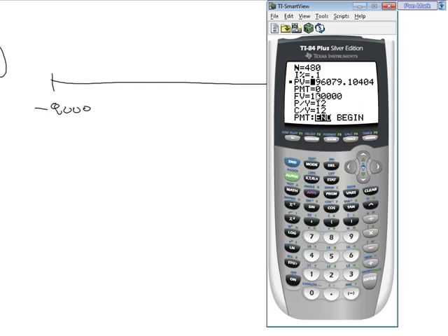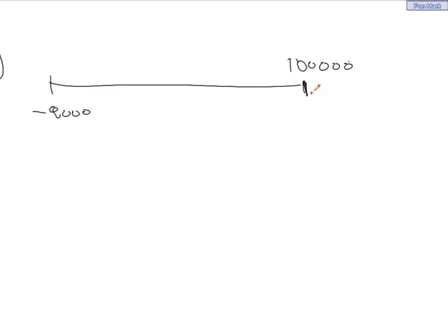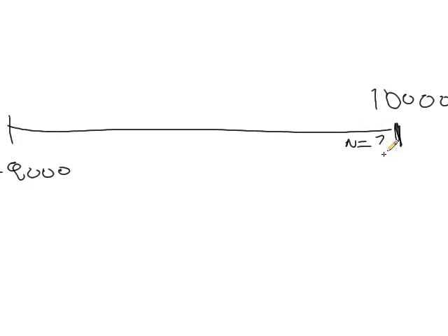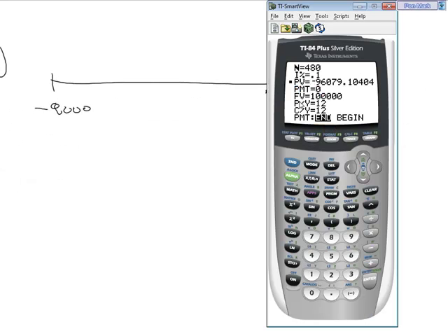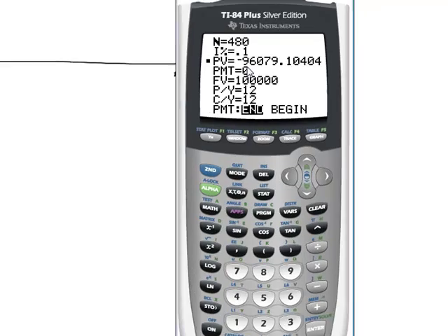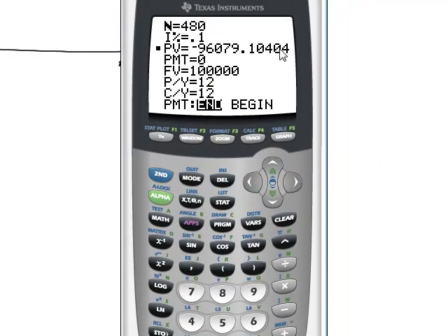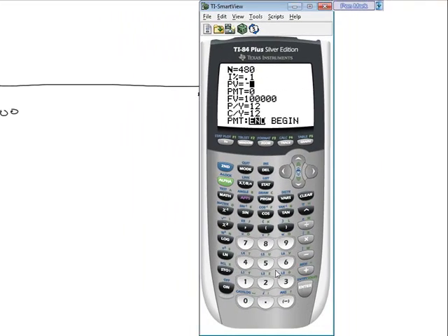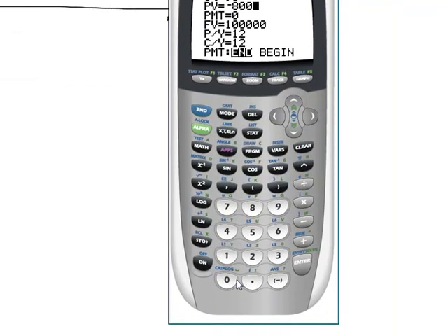So what would n need to be in order to accomplish this? Well, given that it's still 0.1% compounded monthly, my present value is an outflow of $8,000, and my future value is $100,000 with no payments, I'm going to come up here and calculate n, so I'll do alpha, enter, and this will take